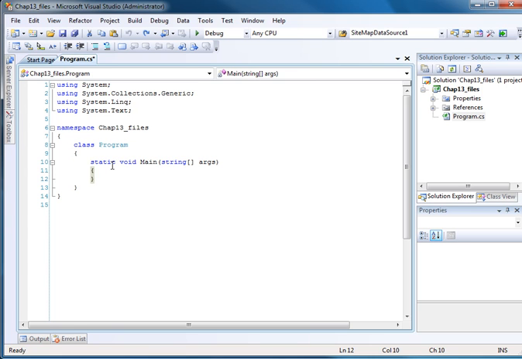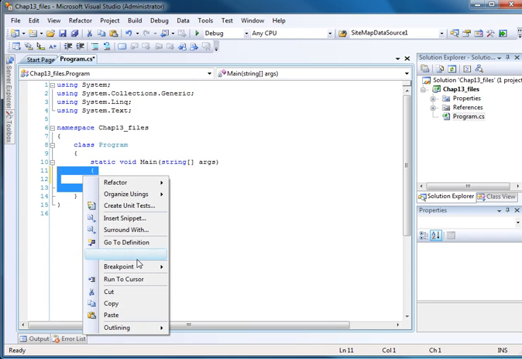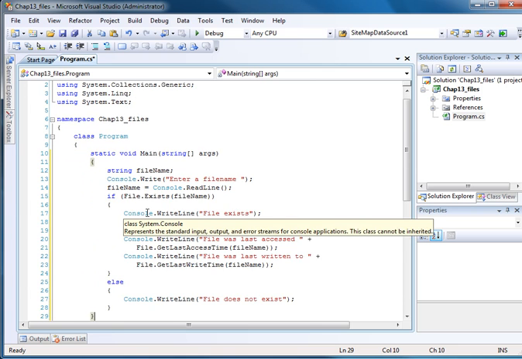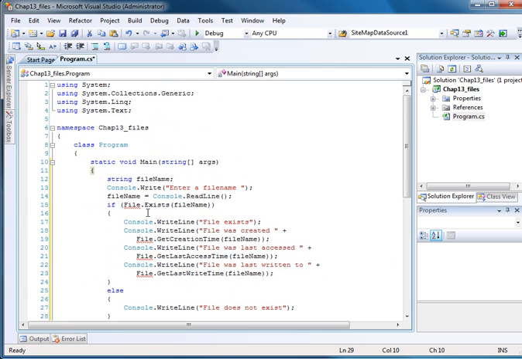What I've got is I made a console application, and in my console application I called it Chapter 13 Files, and it's got our basic coding here. What I'm going to do is add some coding from one of the chapters in the textbook. Let me see if I can get this plugged in here right. Okay,